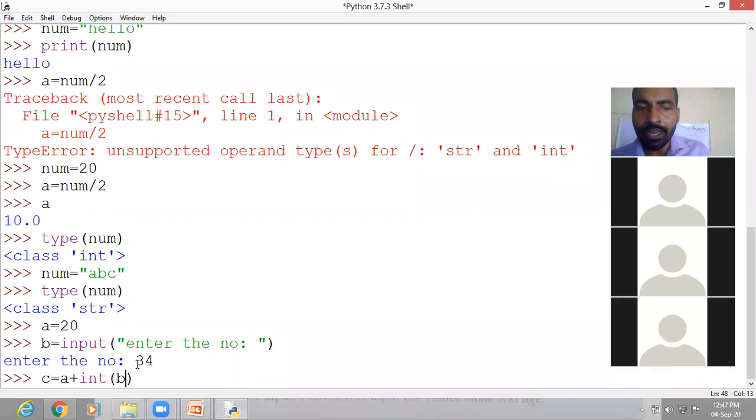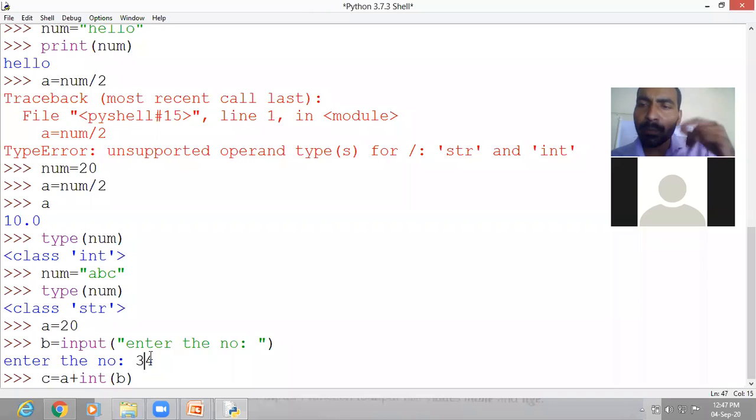How? Kindly listen. Whenever we enter the value during execution, Python takes that value as a string, as a text value. And if you want to take that value as a numeric value, for that you have to use the numeric functions, either integer function, int, or float function for float value, or complex function.